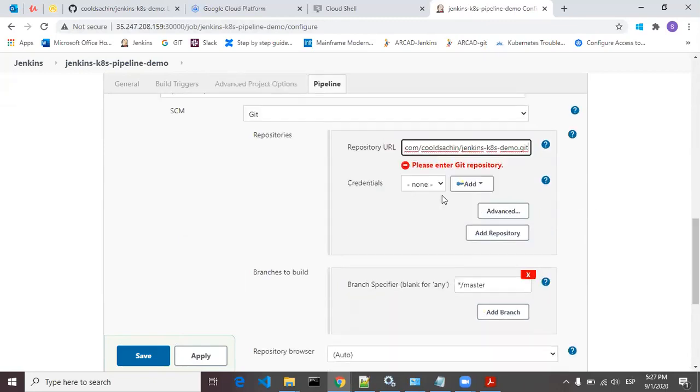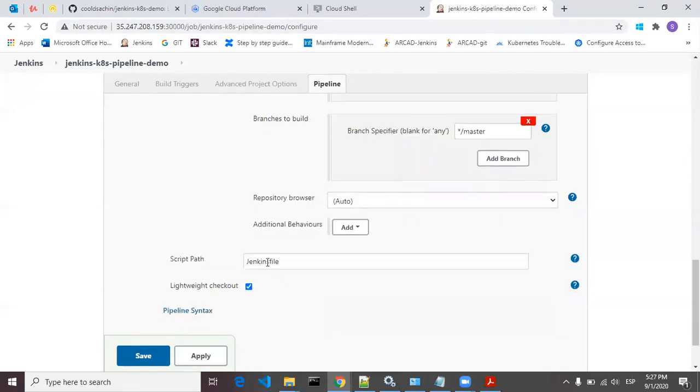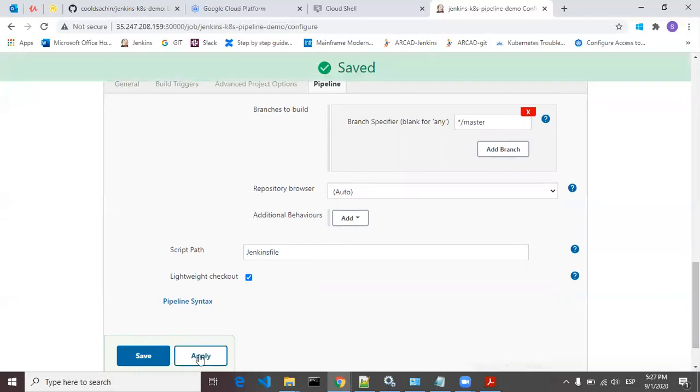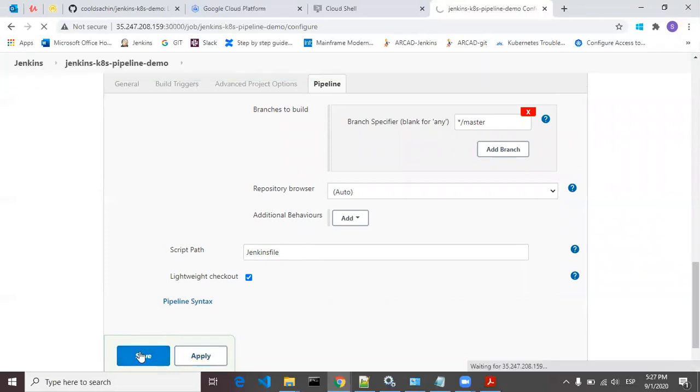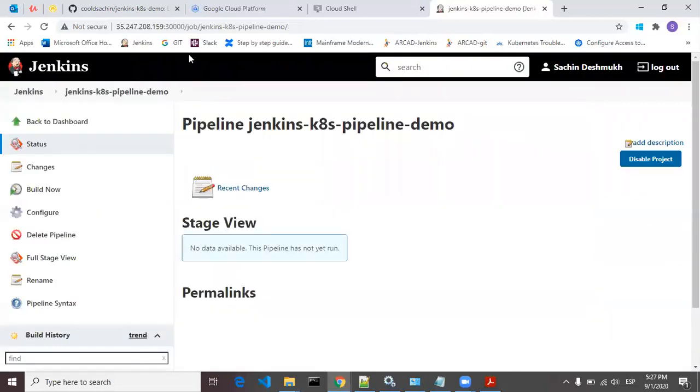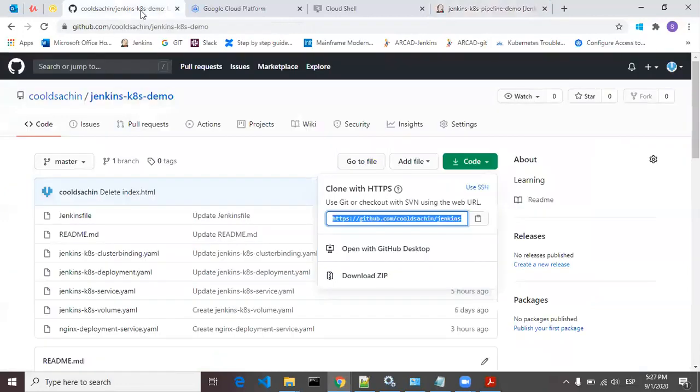This is open source, so I am not giving any credentials. And the path for the script Jenkinsfile is already present on the root path, so we don't have to change it. Click on apply and save. Now let's have a look at the Jenkinsfile.